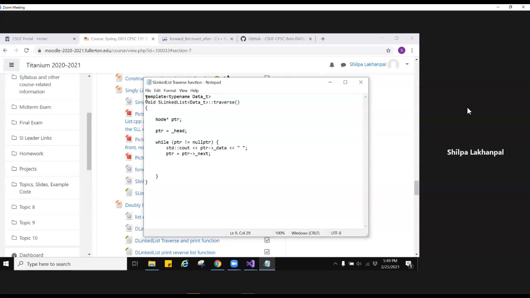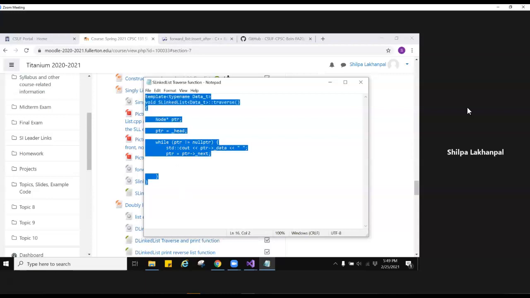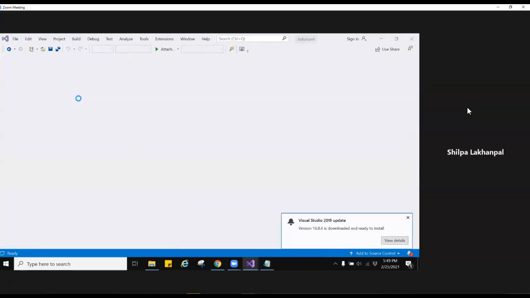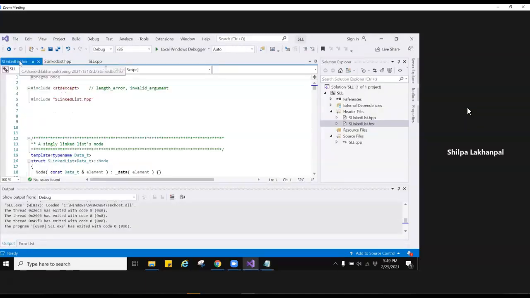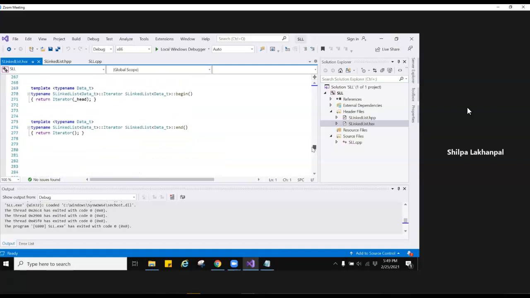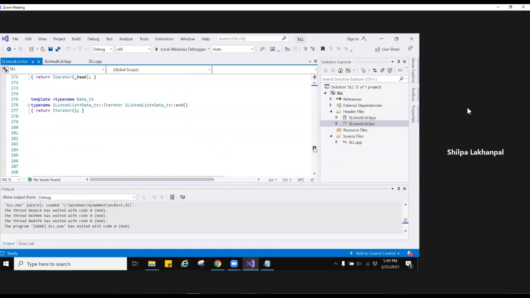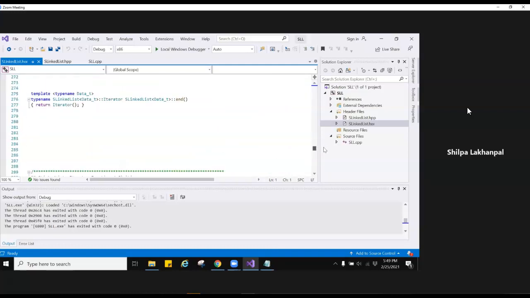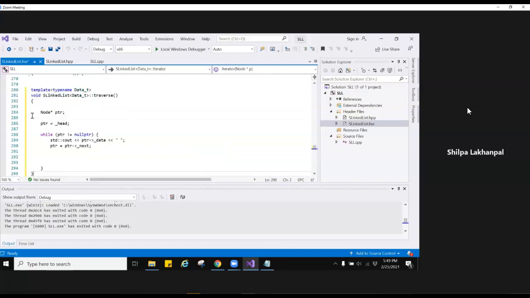So let me just, how will I add this? Because I do have the header files, the code. Let me copy this from here and add it to this hxx file, just before the iterator functions and right after the other functions over here. So you have all of these functions. Let me paste it right over here. This is a new function I'm adding.